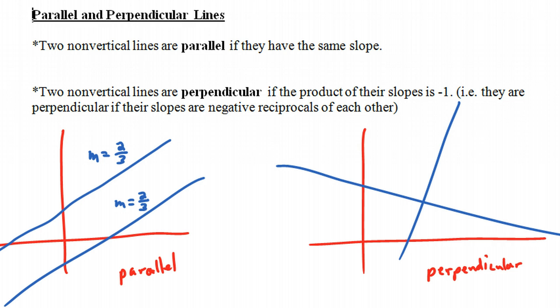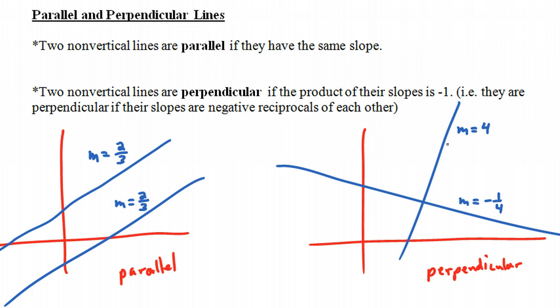So what this really means is that their slopes are negative reciprocals of each other. Now, perpendicular, remember, means that the lines intersect at a right angle. It's not just that they intersect, but they intersect at a right angle. Now, what do we mean by negative reciprocals of each other? Well, if this line here had a slope of 4, then a line that's perpendicular to it would have a slope of